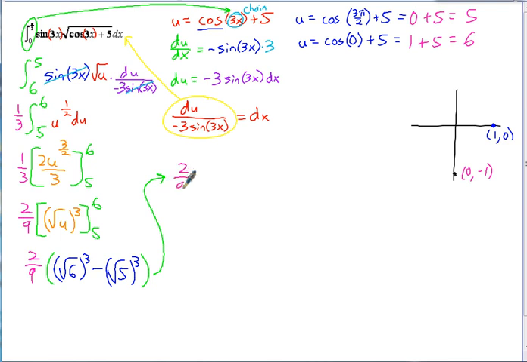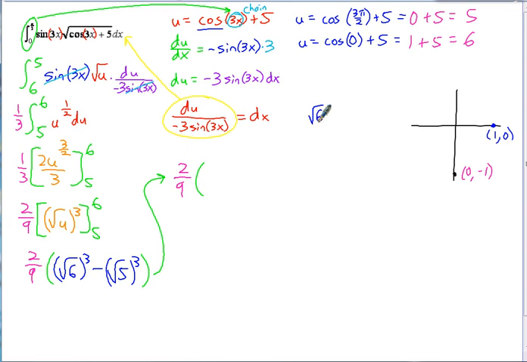So we've got 2/9. And you could leave your answer like this. At least this time they're not perfect squares. It's all just constants now, so that is correct. But let's pretend that this is a multiple choice question and none of the answers are written that way, even though that is the right answer. Well, the square root of 6 cubed, isn't that the same as